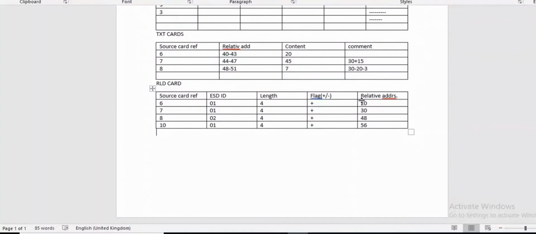First is source card reference, and second one is relative address.